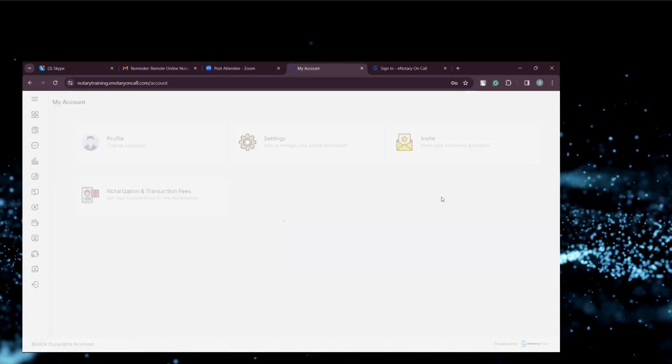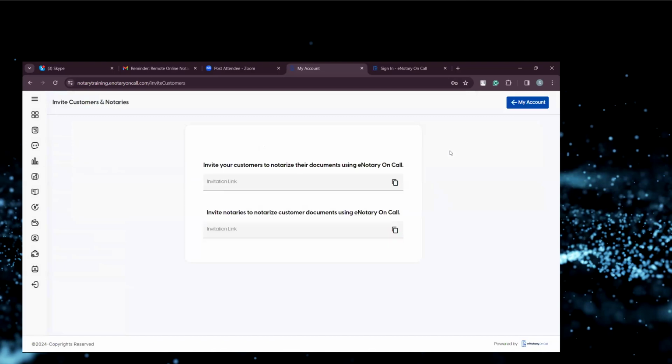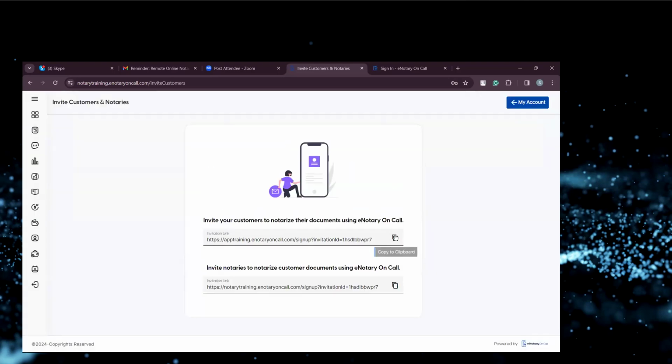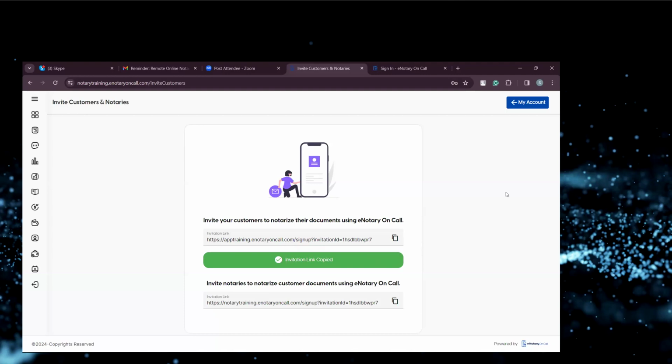Then comes an interesting part: inviting the customers. To invite your customers and notaries, you need to click on this link. You can save this link to share with your own customers in case you are trying to get an open request. In case you already have a business linked with your notary account, you can simply initiate a notarization from that business account. Else, you can definitely share this link with the customer